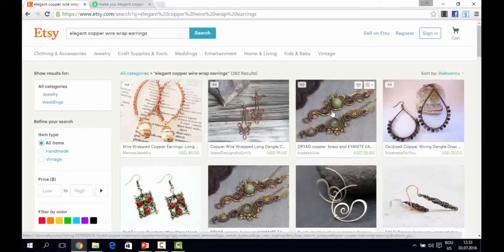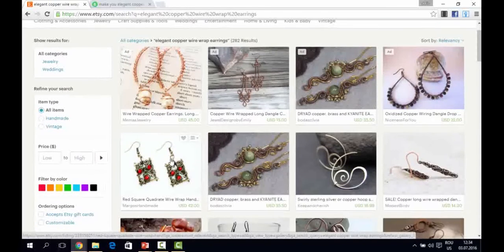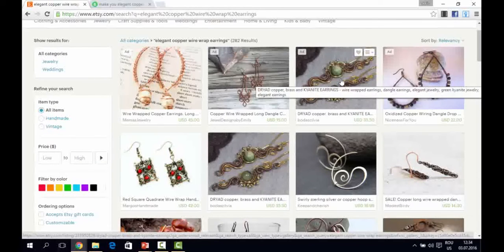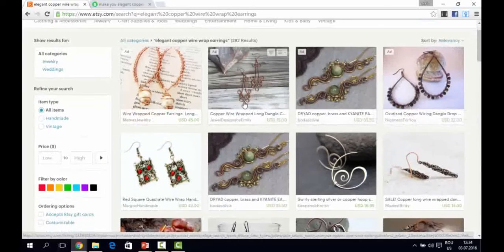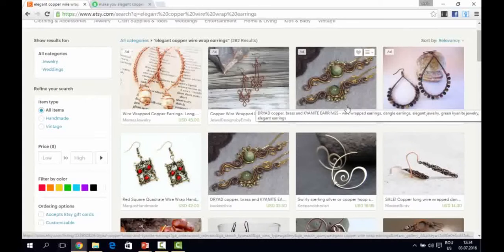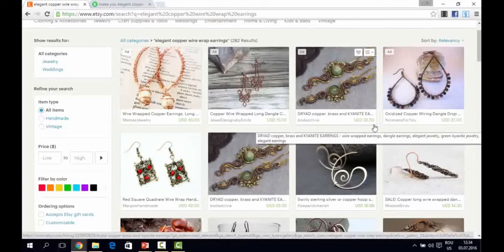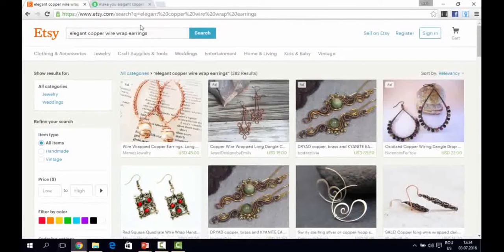But all of those that also have semi-precious stones or other things like that are going well over $25, as you can see. So here you can make a return on investment of over 400, even 500%, which is actually pretty cool. You buy something for $5 and you sell it for $35, you make a $30 profit like that. Even if you sell 2 or 3 pairs like this per day, it's actually a great and lucrative business model, guys. So this is how it's done.